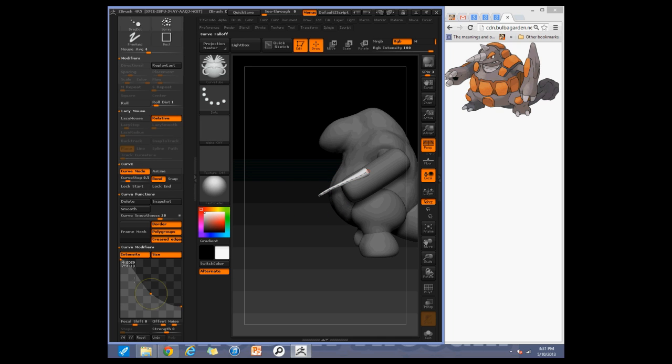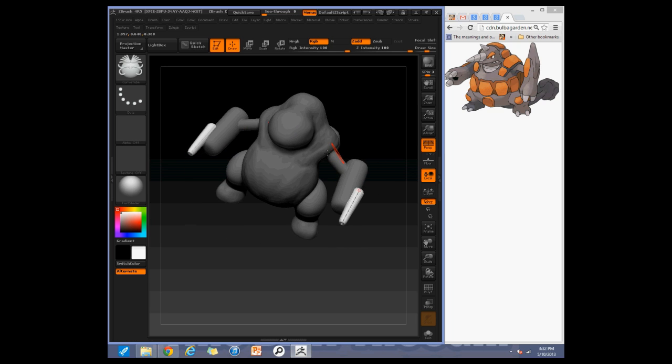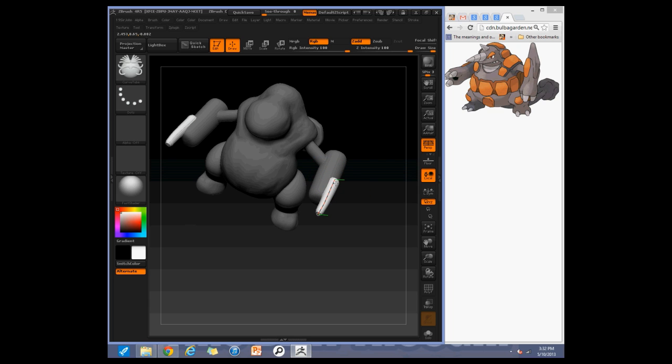Alright, I'm going to have to go back into the tool and click on it to update it, and change the brush size, turn that down some, up some. It's a good size. Alright, now that we have the proper brush size,